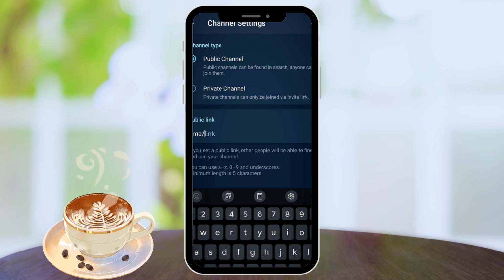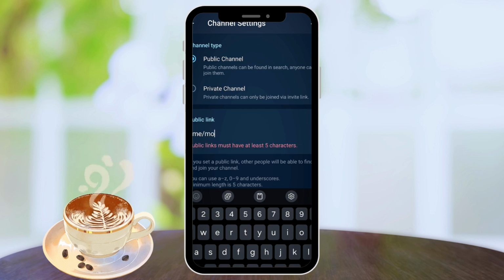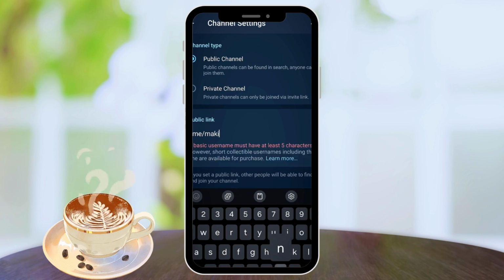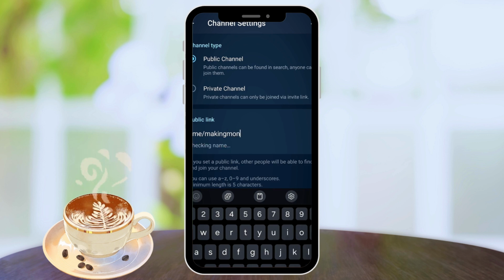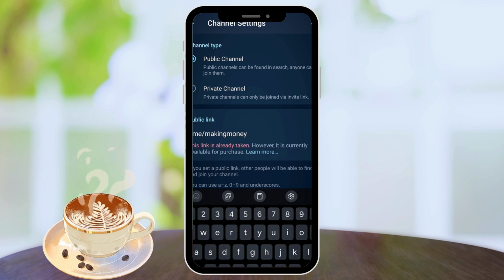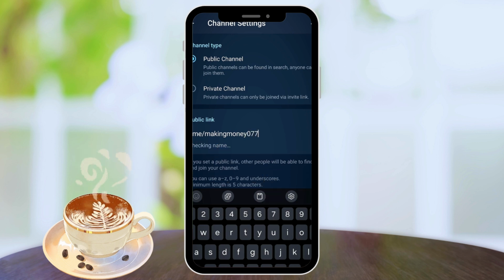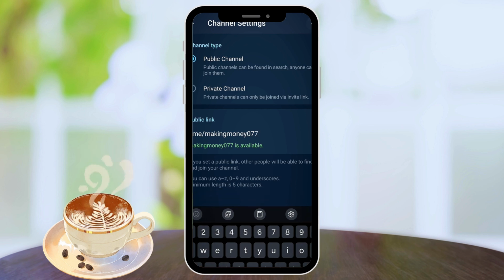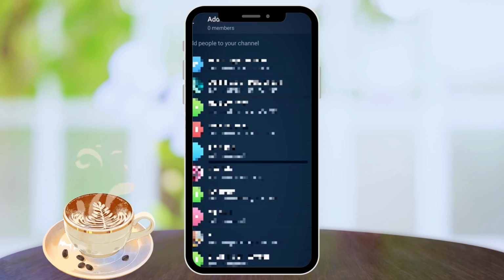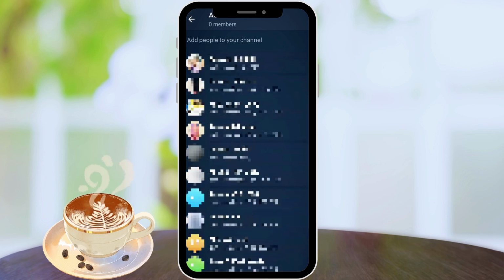So since the channel is about making money online, let's just put making. Let's fill the column here, making money. Okay, it says the link is already taken, so let's just see if numbers are accepted. Awesome. It said this is available. Then you can mark that, and here is